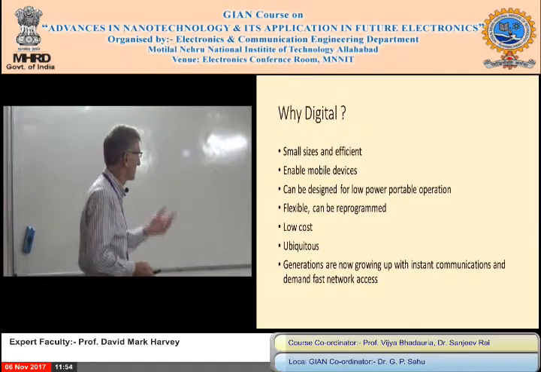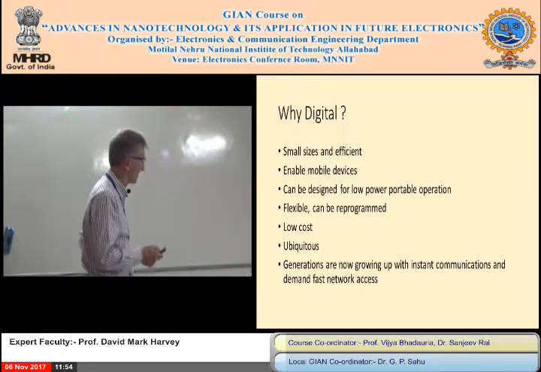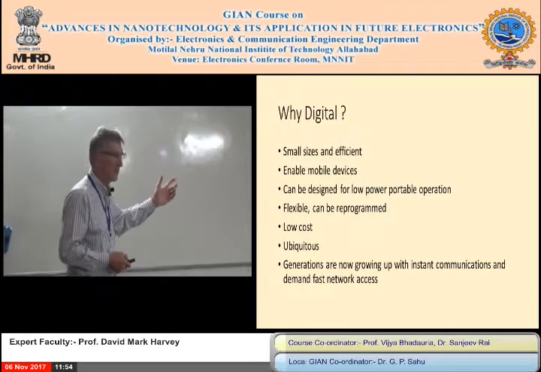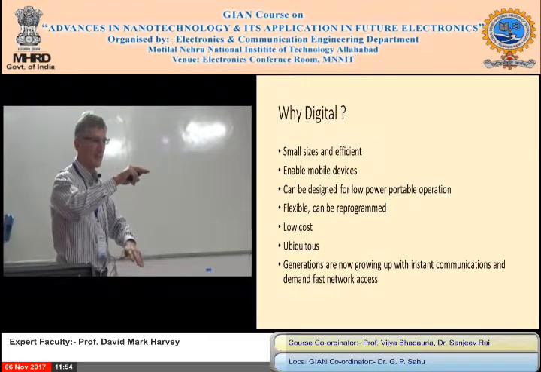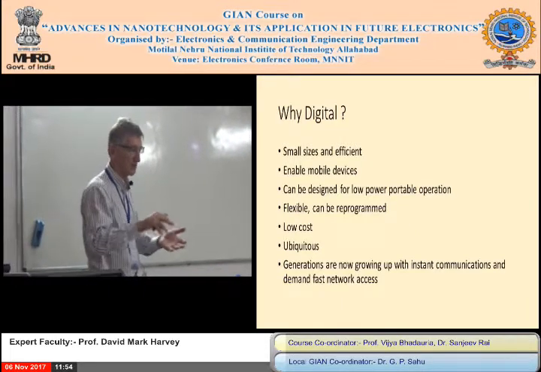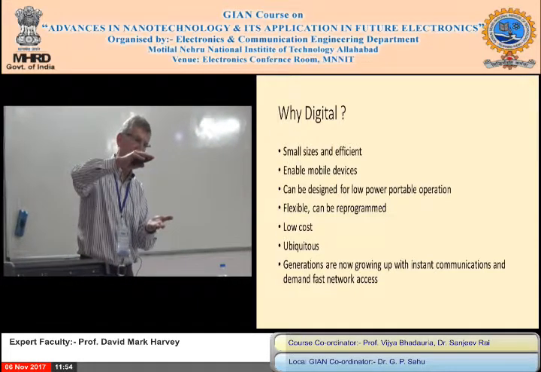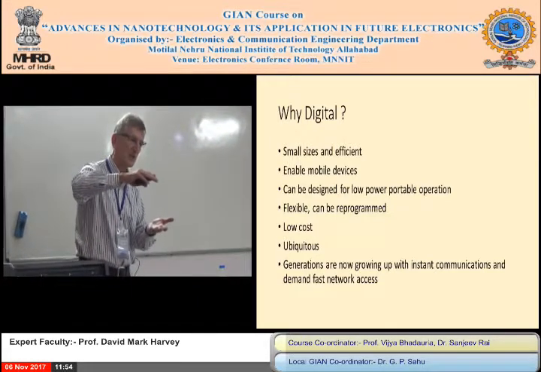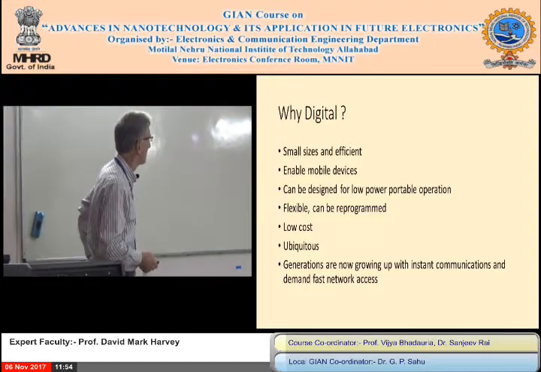So digital is for transmission, digital is for processing. And why is it good? Well, you can make it very small and very efficient. Only switches between 0 and 1. Analog, a lot of things can go wrong. You can pick noise up very easily. Digital, as long as you're not within the noise margin, you're going from 0 to 1, it should work if you do the design correctly. But it's not so easy, as we'll find out.